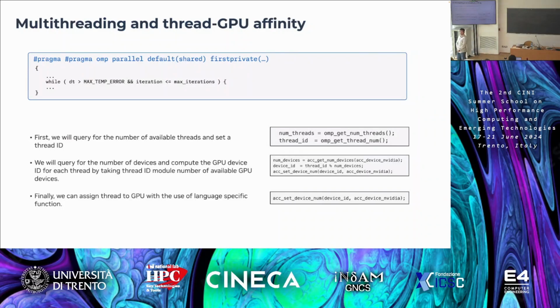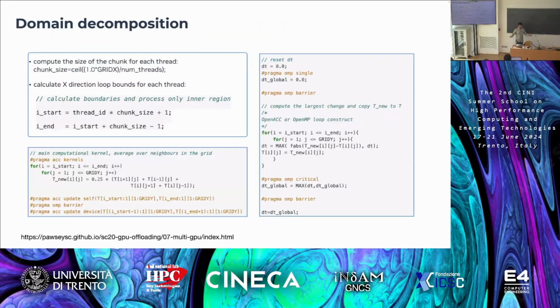You have a directive. You are telling the compiler to go create multiple threads. So what you want to do is query the number of available threads. You see there is a lot of manual operation that you are doing. You acquire the number of devices to compute on GPU, then you are finally assigning a GPU, setting up the device for each thread. So basically, one thread can attach to one GPU, and another thread can attach to another GPU and do some other task, right? So that's the way you can